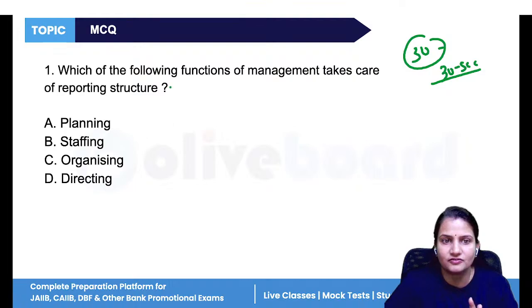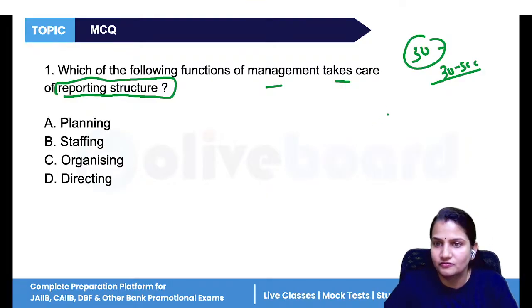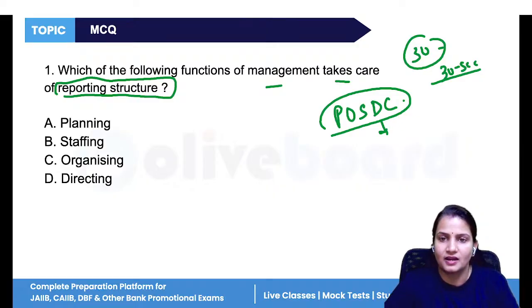Now, the first question is: which of the following functions of management takes care of the reporting structure? We know that there are a total of 5 functions of management, starting from planning, organizing, staffing, directing, and controlling. These are the 5 basic functions of management. Among these, which function takes care of the reporting structure? Reporting structure means what? Like